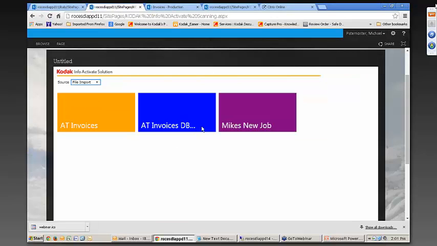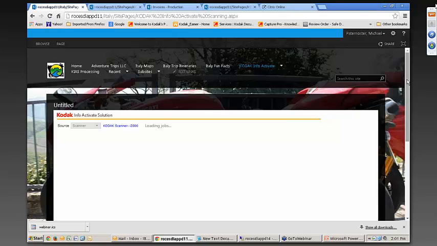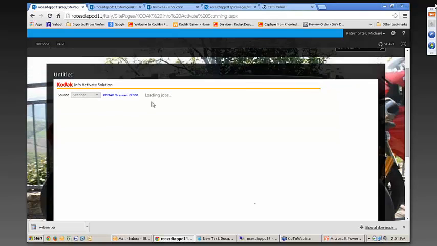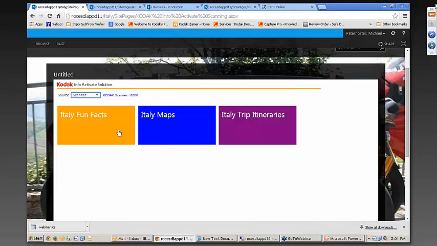This is going to be the same as the scan and import page over here on the home site, but because I'm on the Italy site, I just want to illustrate and reinforce the fact that you're only going to see the job setups for Italy. So when the user that's responsible in this case to import Italy fun facts, Italy maps, and Italy trip itineraries,